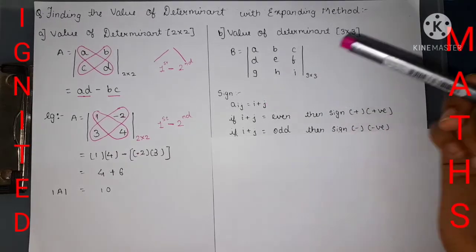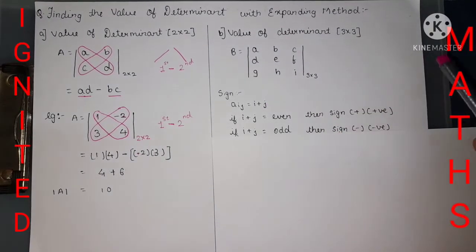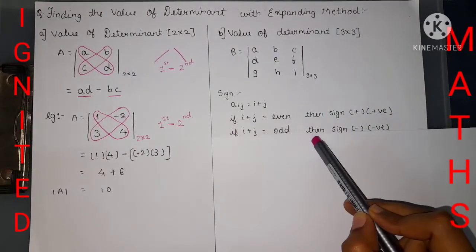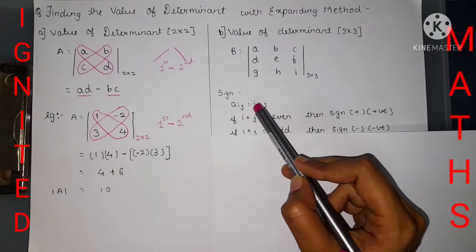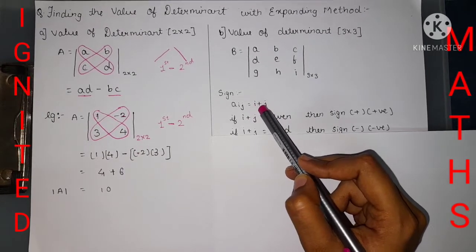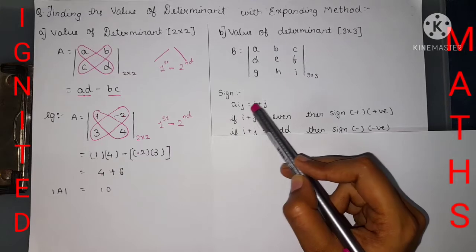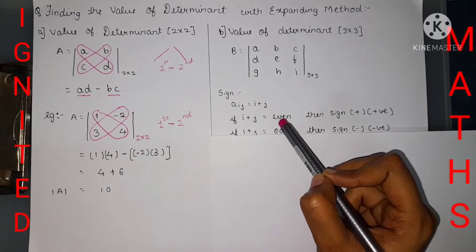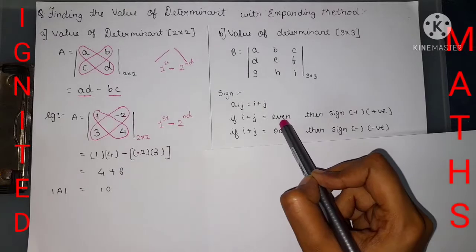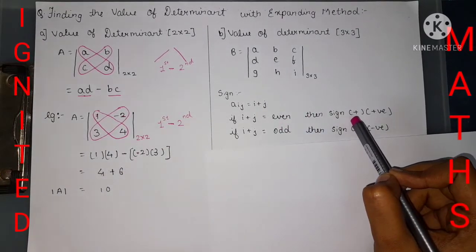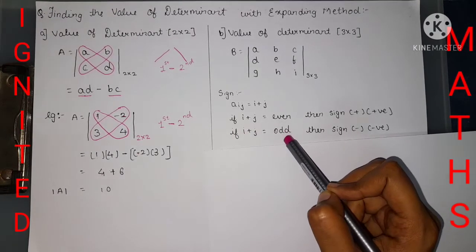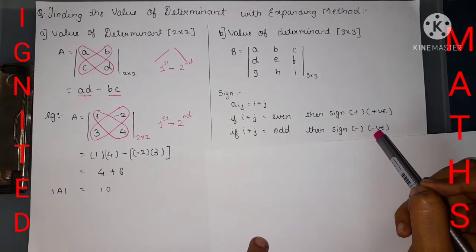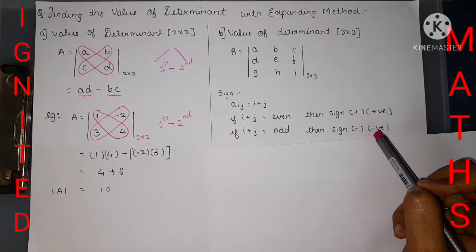Now for the sign of a 3 cross 3 determinant, to find the value of a determinant of 3 cross 3, we need to clear the concept of sign, in which the sign of Aij depends on i plus j. If you add the terms i plus j, and you get an even number, then the sign will be positive. Okay, if you add both numbers and you get an odd number, then the sign will be negative. If it confuses you,